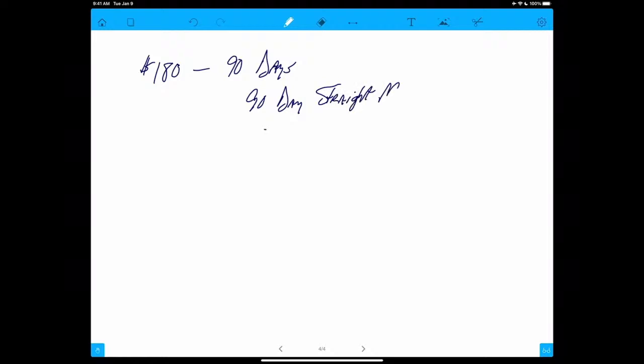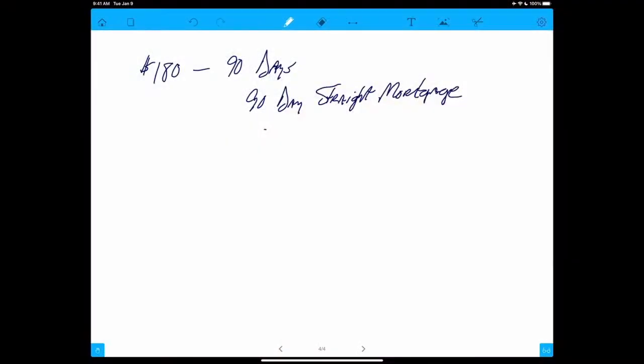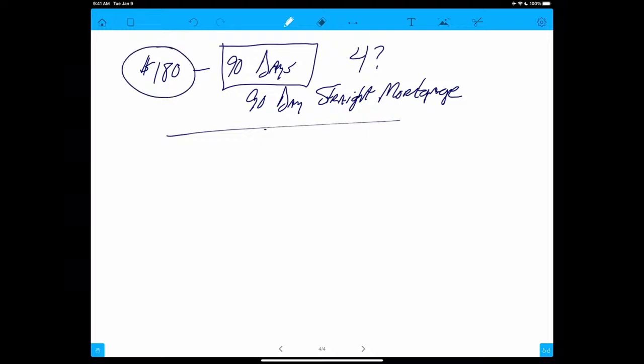Remember that a straight loan or a straight mortgage is interest only. You're only paying interest. And this was a 90-day straight mortgage. The student who wrote me over the weekend was concerned and asked, why did you multiply times 4 when there's only 3 months in 90 days? Good question. The reason is that $180 is only for 90 days, and there are